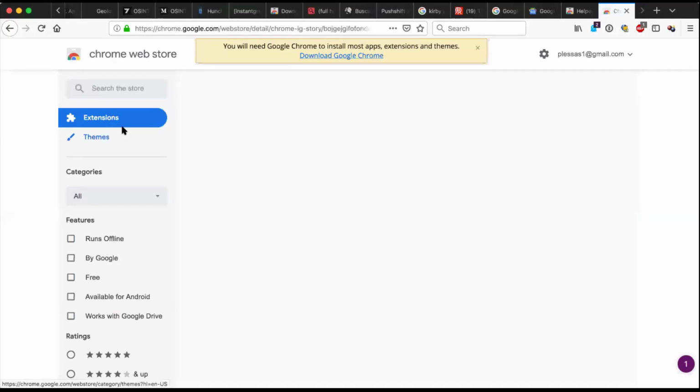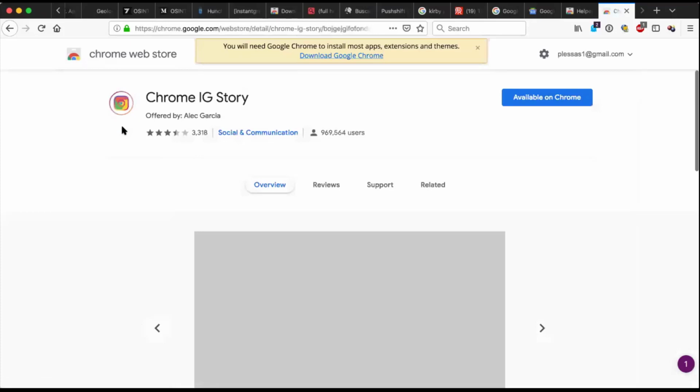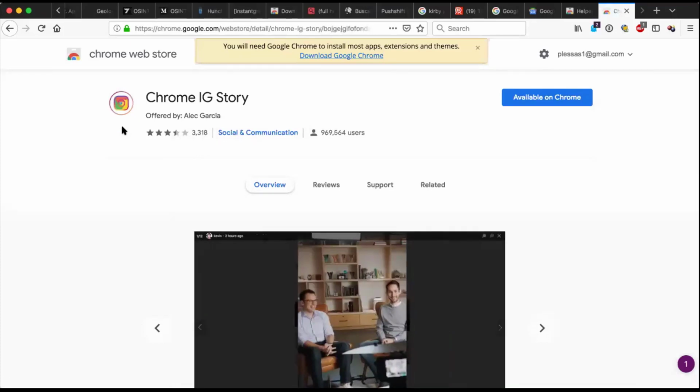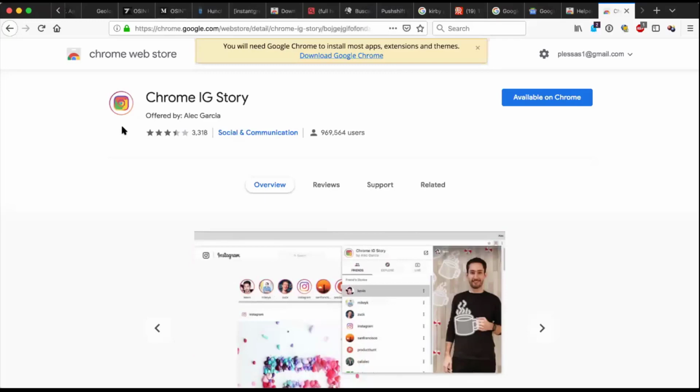You can say, I'm looking for every story that has the tag or the geotag Amsterdam in it, and it will show you all these stories, and you can download them in a zip file and review them later on. It works really nice.